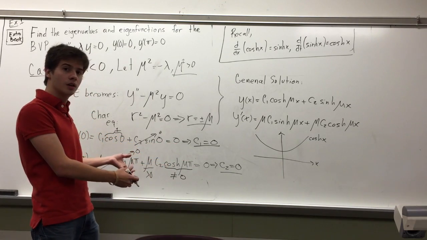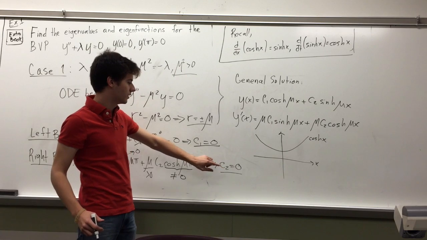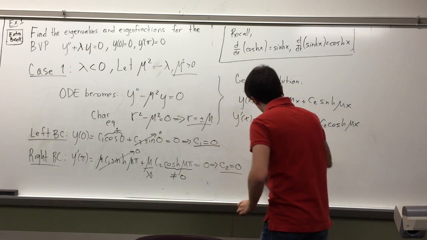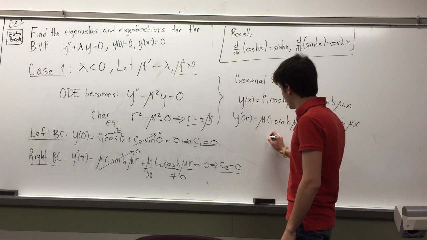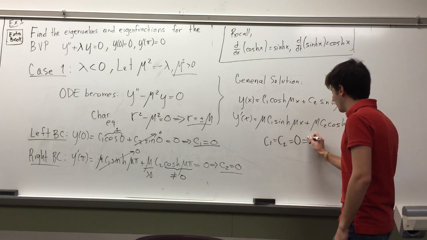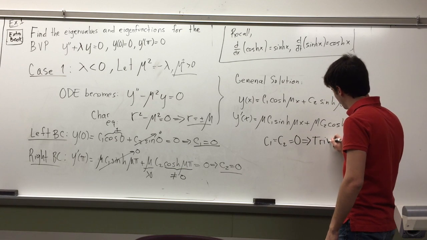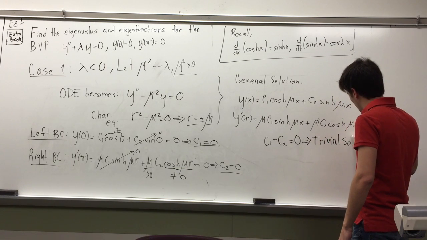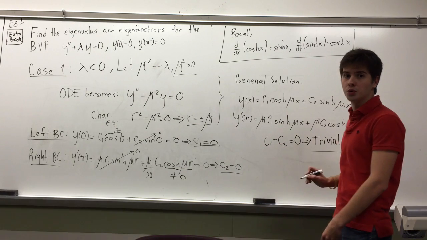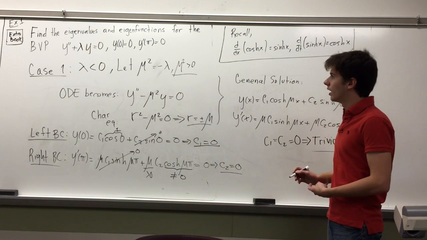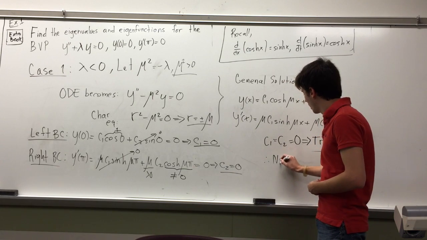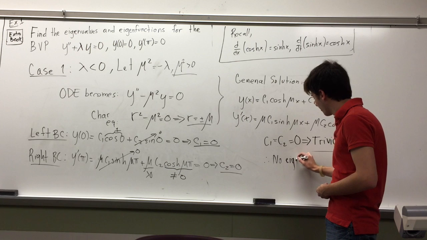So in order for this equality to hold, we need C2 to be 0. And since C1 and C2 are both equal to 0, we have a trivial solution. And remember that when we have a trivial solution, there are no eigenvalues in this case. So therefore, no eigenvalues